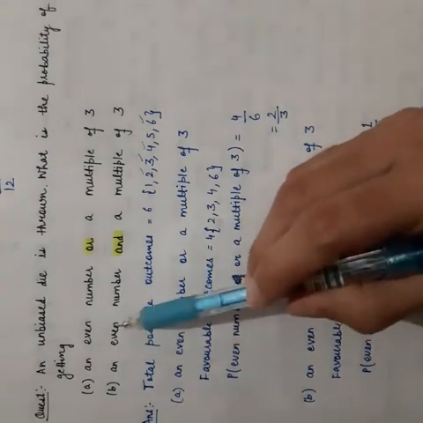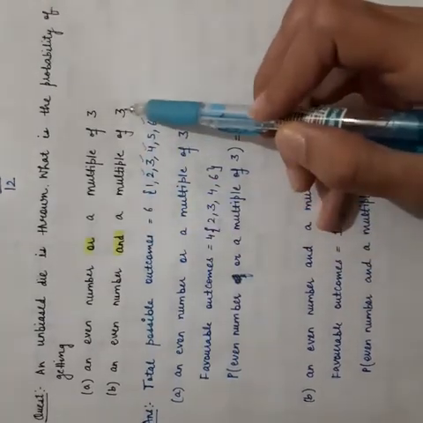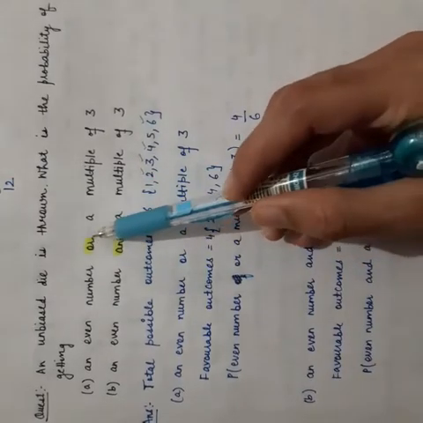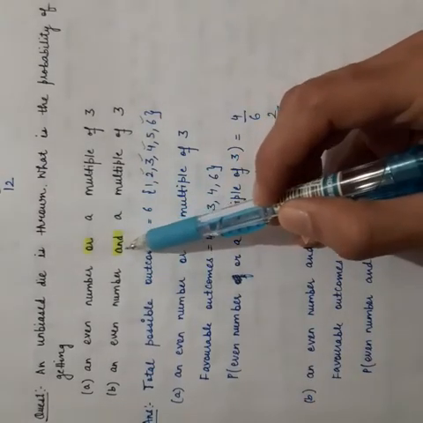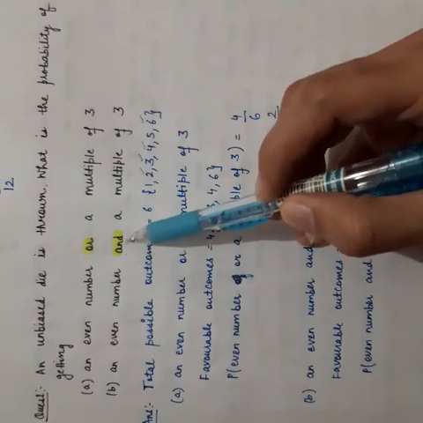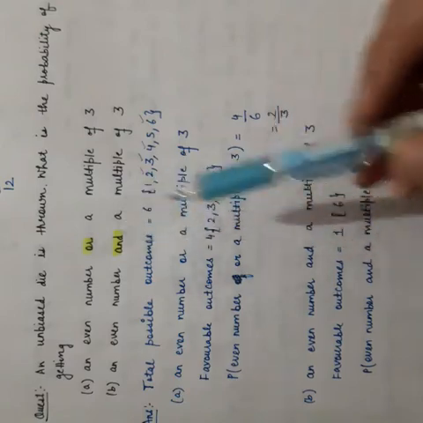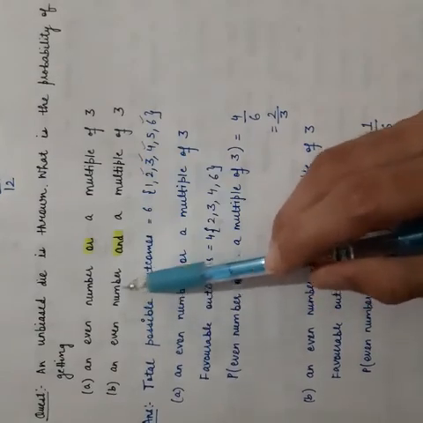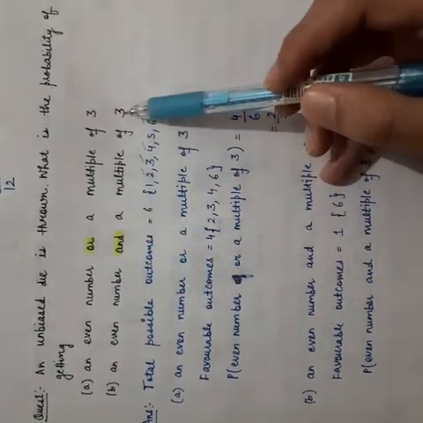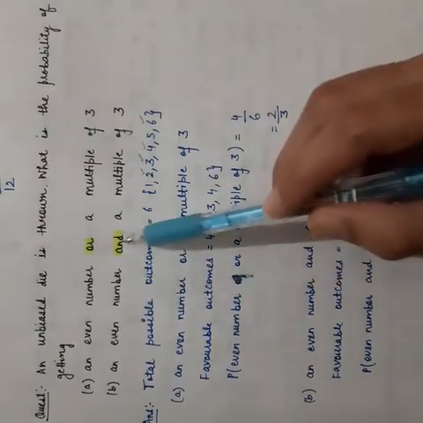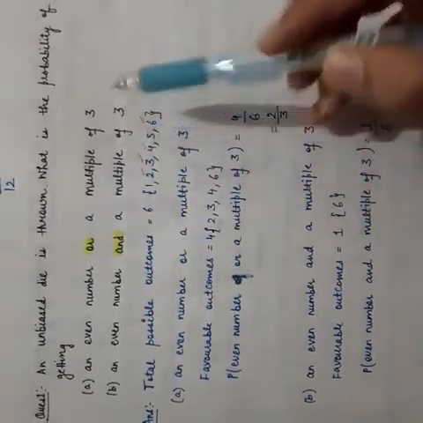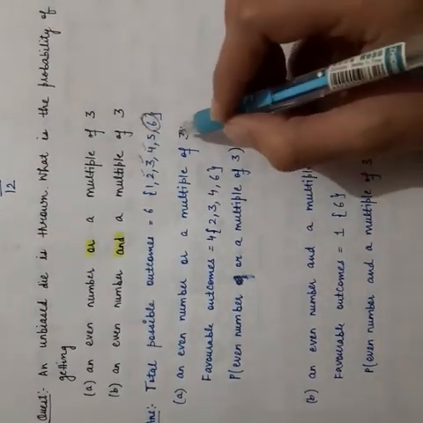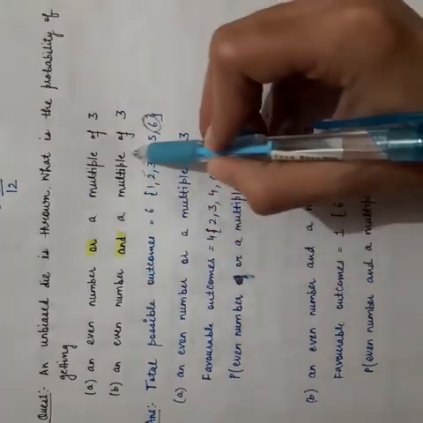Next part says an even number and a multiple of 3. Now if you see carefully, the question is the same, but there is just a difference of one word. In the first part we had or, and now it is asking and. Whenever the word and is used, what will we do? We will look for common numbers from these two. That means we need an even number which is also a multiple of 3. It should be an even number and it should be a multiple of 3 also. So there is only one number which is a multiple of 3 and is an even number also. That means we are looking for common numbers here. So just one